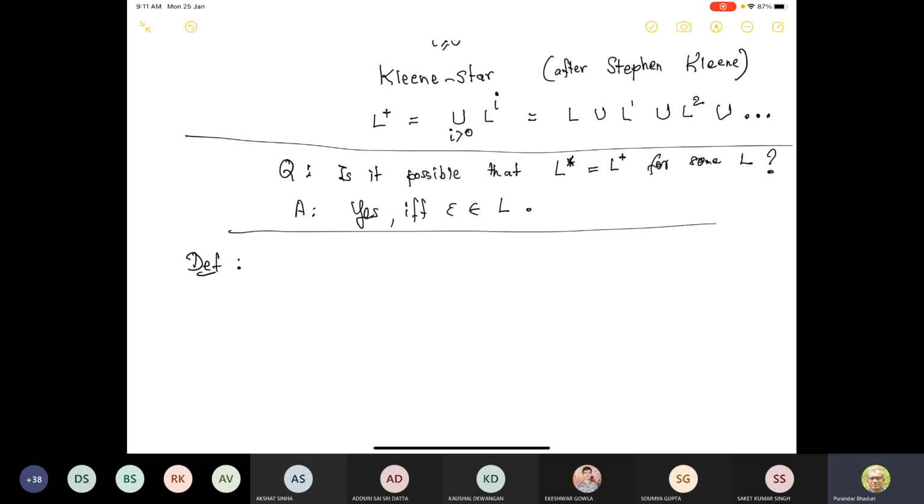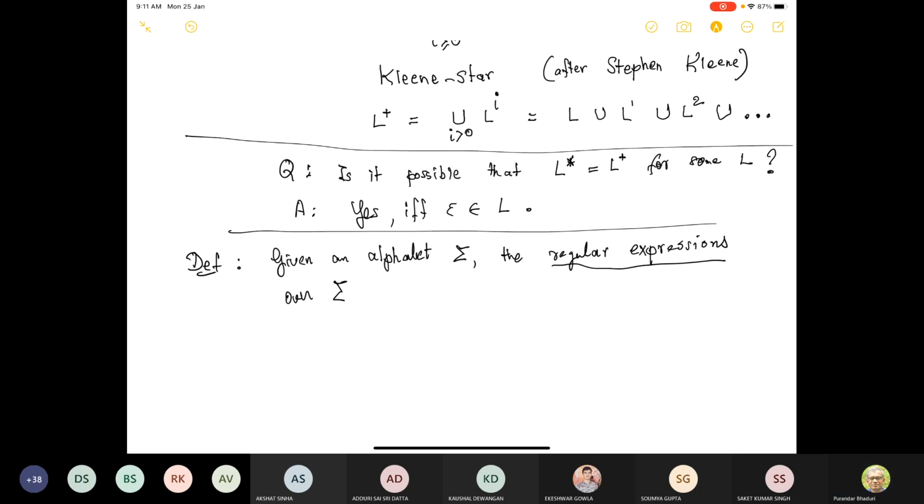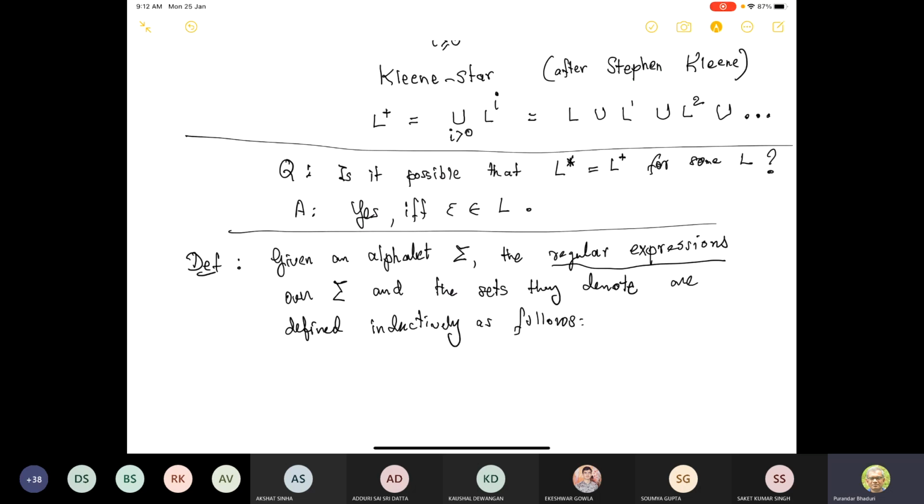So again, sigma is an alphabet. So given an alphabet sigma, the regular expressions over sigma and the sets they denote are defined inductively as follows. Okay. So on the left,